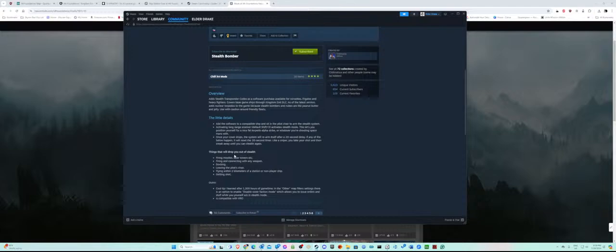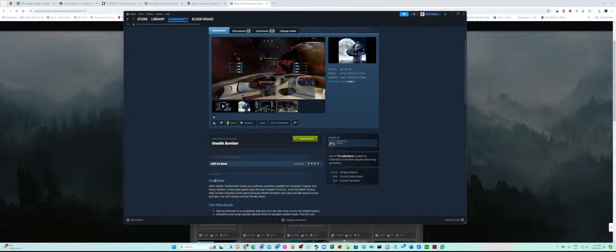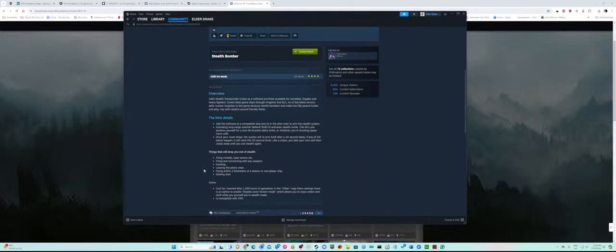Let's see. Okay, flying within 2 kilometers of a station or a non-player ship, they'll be able to tell, and then you get shot. So it's kind of like The Expanse, right? Like when they changed the Rocinante's transponder code. So something kind of like that, and it makes sense. But the one thing I'm not really too cool about is